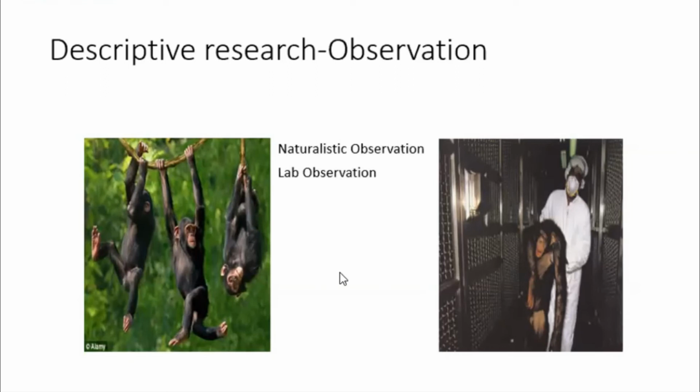What is lab observation? I pull the monkey and bring him to the lab and then see. Now replace these monkeys with 500 consumers. Think they are 500 consumers. Now, doing an observation on 500 consumers is going to be very difficult. So even in observation, we generally have a very small sample size. Why? Because I have to observe him, like I showed in ethnography.